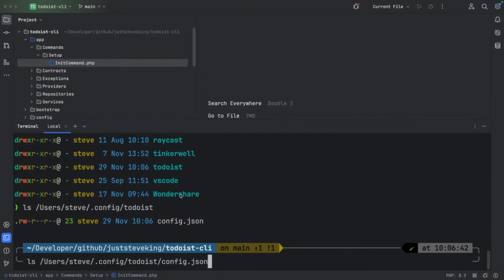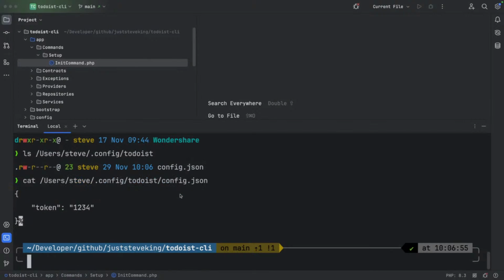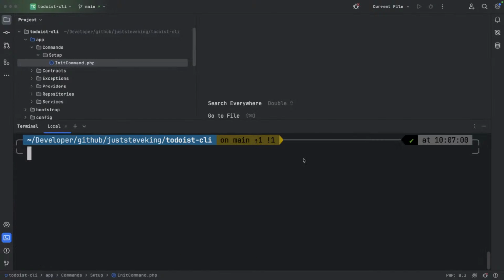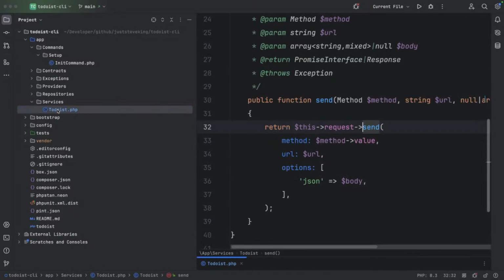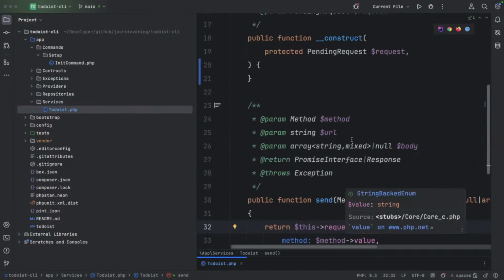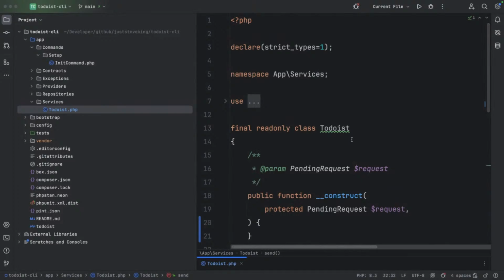So if we go to that config JSON and we just cat that quickly, you'll see that token has been stored. So now that we know we can actually work with that directory, we can store that config value, we know that we can then pull that into our service over here, and all is good. So if we go to the API documentation,